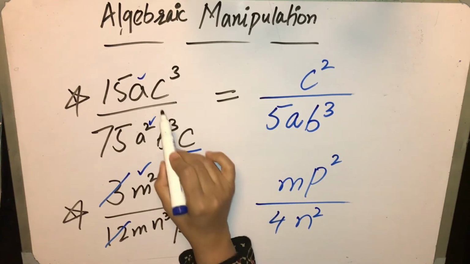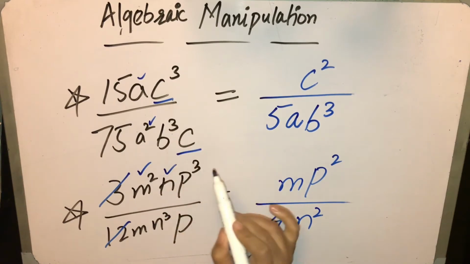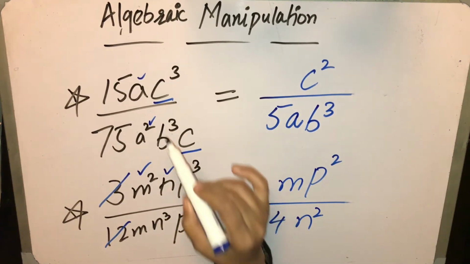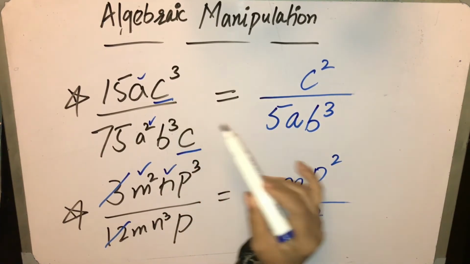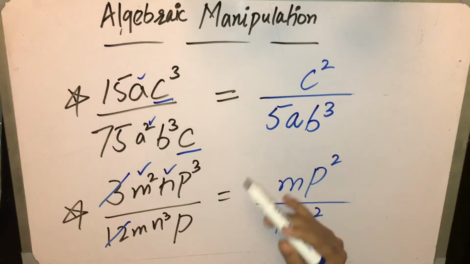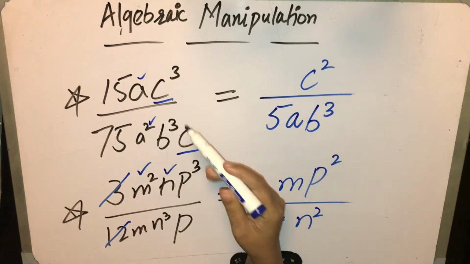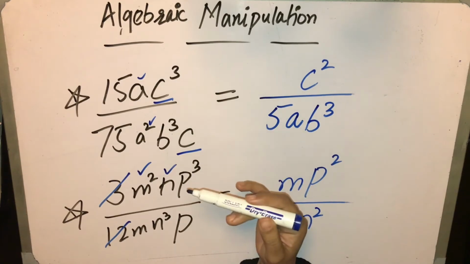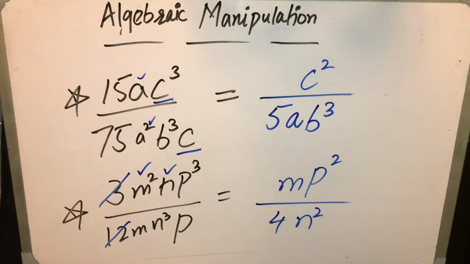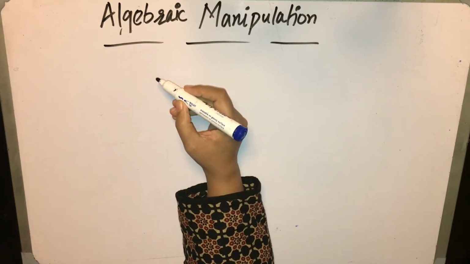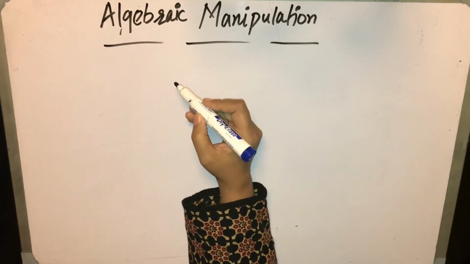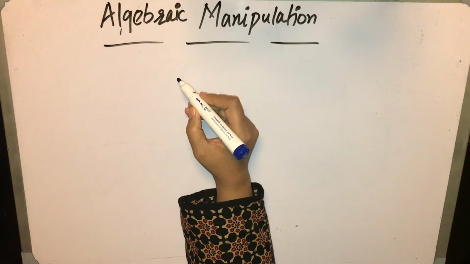Same base, then the power will be added or subtracted. If both the variables are in the numerator or both are in the denominator, then you will add the power. If one is in the numerator and one in the denominator, then you will subtract the power. These are the power rules of index. Okay, before doing more questions, I am going to revise with you the laws of indices.